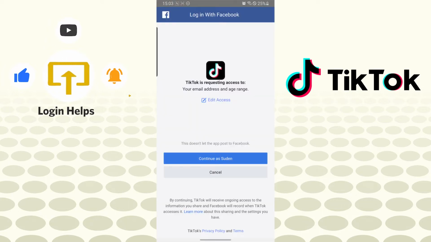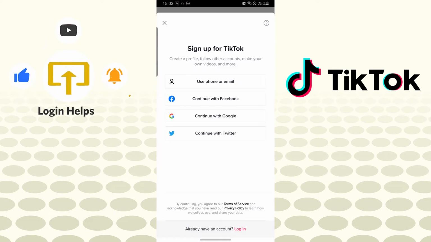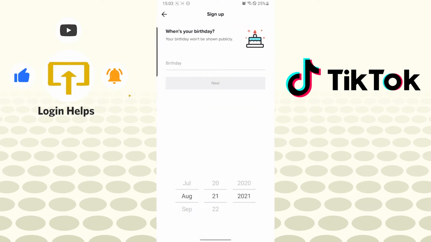and you can see I have already logged into my Facebook account on my phone. That's why it's directly asking me to continue as, then, which is my name. Let's tap on over there. But you may be required to log into your Facebook account if you have not saved your password. For me, it will be this one, and let's tap on next,